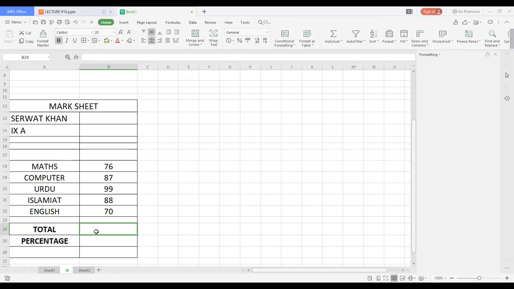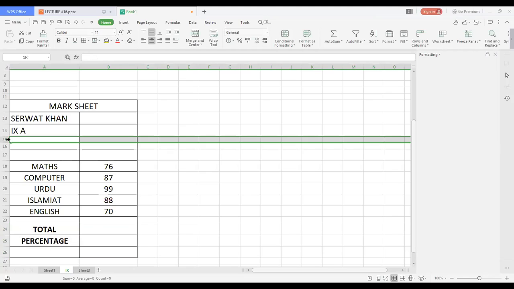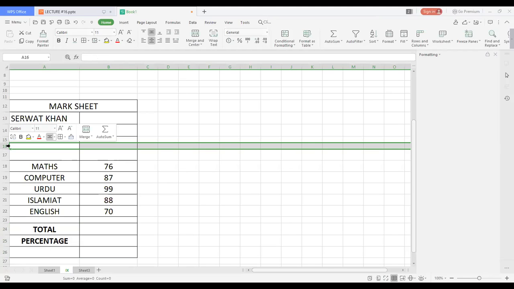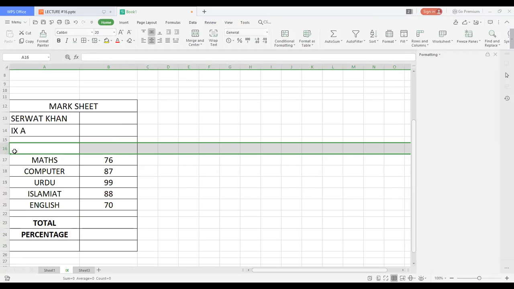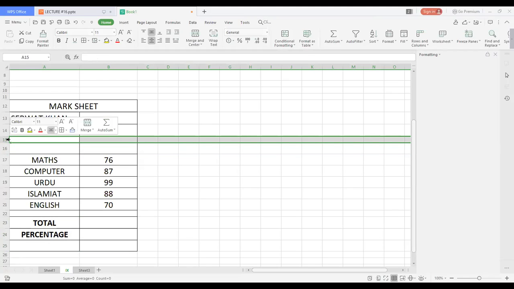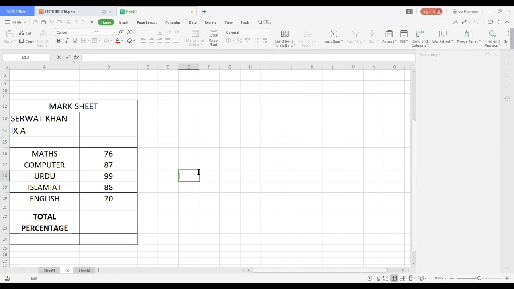So this is the format, a rough format. I'll delete these two rows, right click, delete, right click, delete. Okay, now I will write the formula here for the sum of these numbers.